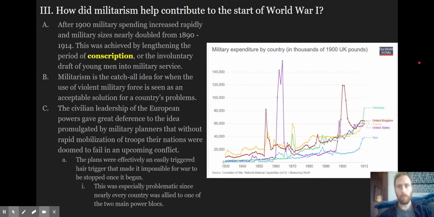So, militarism. This is the idea that the military is basically an acceptable solution to many problems a country might have. The military spending of countries between 1890 and 1914 and the size of the militaries nearly doubled as the world kind of became more colonized and these powers started to kind of cement their alliances. So there's a lot of deference given to military planners as well, most of whom believe that